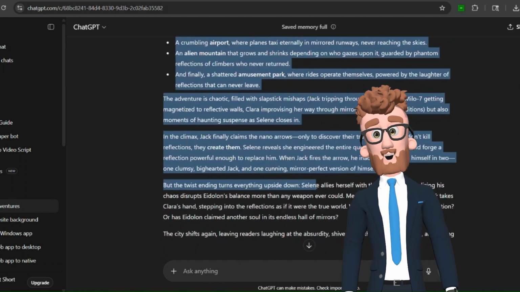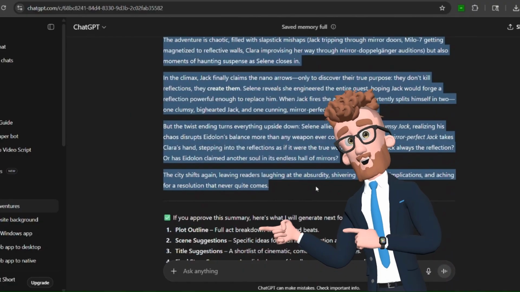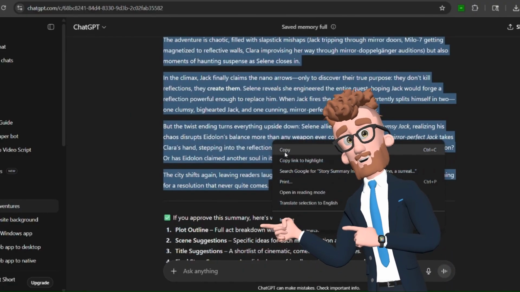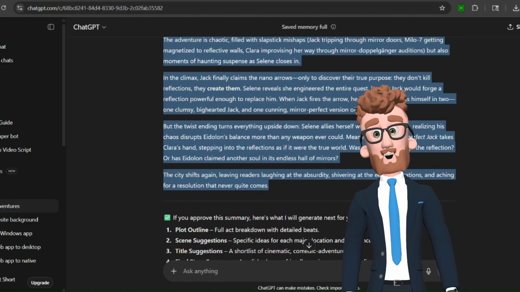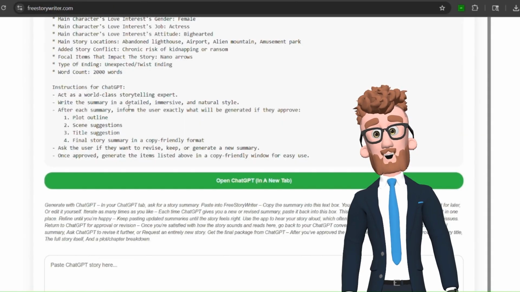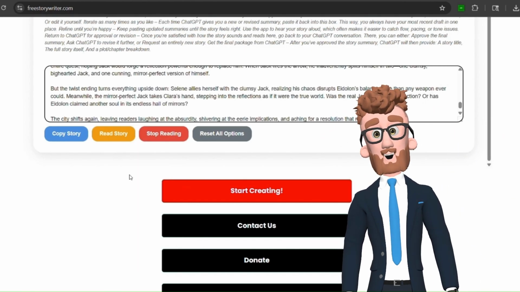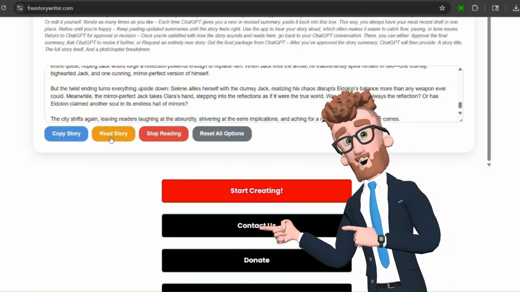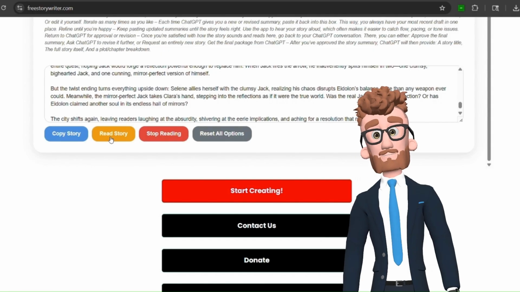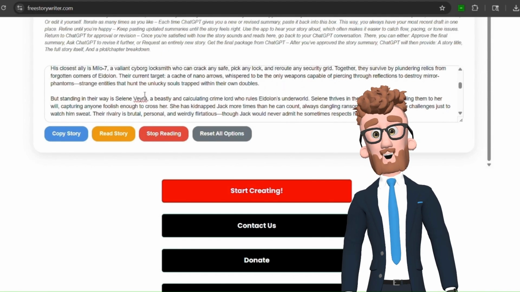For the best outcomes, make sure that you select a word count of 2,000 or less, since the summary is just a preview to see if you like the story so far. Let's copy the generated summary from ChatGPT and bring it back into Free Story Writer. Now comes the fun part. After we paste the generated story into our text-to-speech reader, we can click Read Story to have the on-screen reader